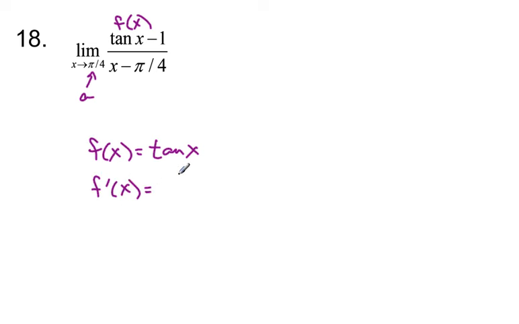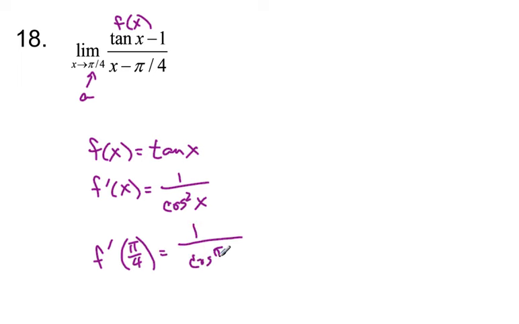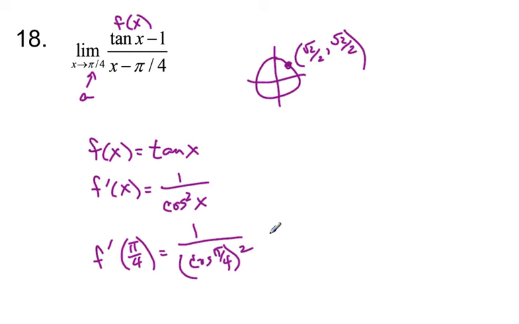So I've got that memorized as 1 over cosine squared x. And lastly, I want to evaluate that when I've got pi over 4. So I've got 1 over cosine of pi over 4. I'll need that whole thing squared. Quick look at my unit circle. There's pi over 4. Oh yeah, that's root 2 over 2 comma root 2 over 2. So I've got 1 over root 2 over 2 squared. I square that, I get 2 over 4, gives me 4 over 2, or